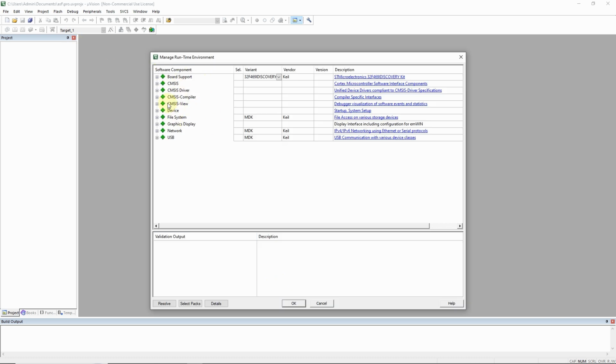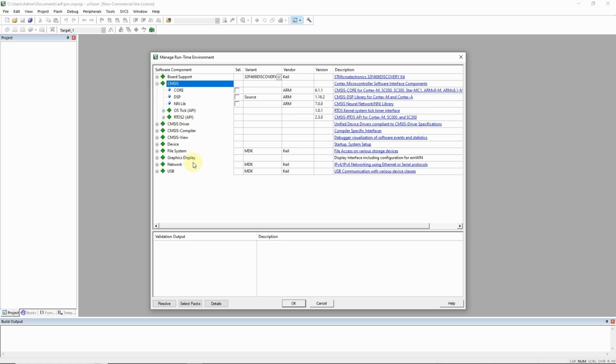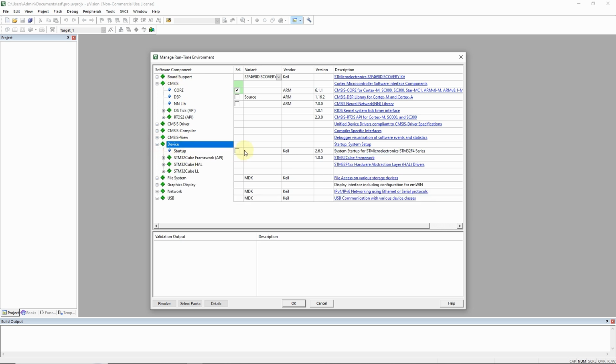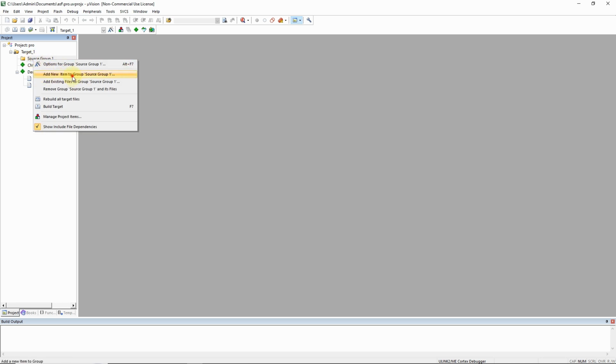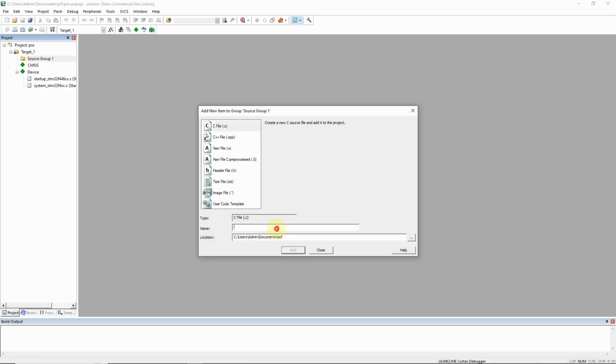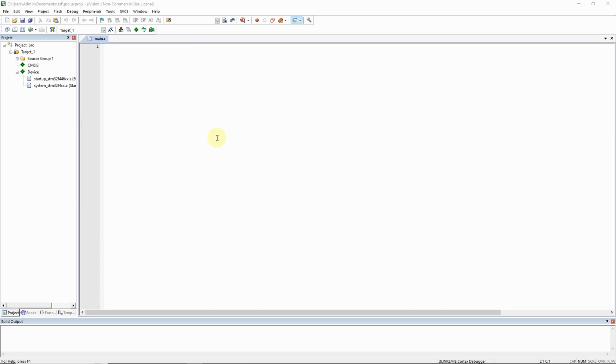And here in the manage runtime environment, I'm just going to create a dummy project. So I'm just going to click on the core inside the CMSIS, and inside the device I'm just going to select the startup. That's it, and click on OK. You can see the project is created. Right click on the source group and click on add new item, and click on the .c file and name it as main. That's it. Now when I include stm32f446xx.h,